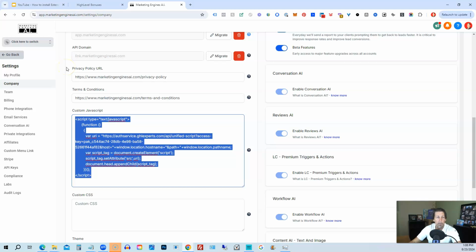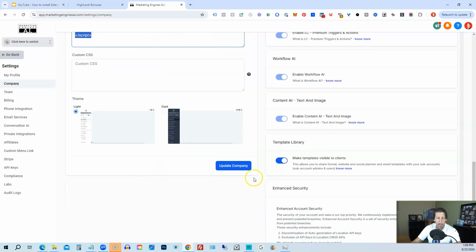So once you sign up for your Extendly account, you're going to be given an opportunity to grab some JavaScript, and then you're going to have to go into your agency dashboard, go into settings, go into company, and you're going to paste it in here. And then once you do that, you're going to just click update company, and you should be pretty much connected